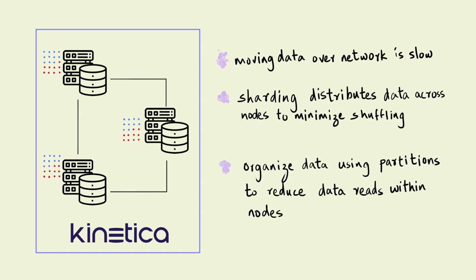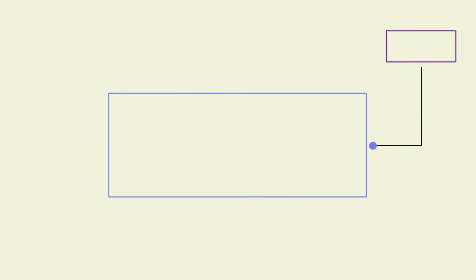The final and perhaps the most important piece in Kinetica's performance puzzle is its integrated analytical suite of tools. While a database can have all the bells and whistles in terms of high performance architecture, all of this goes out of the window the second you need to move your data to an external location to complete your analysis. As we discussed earlier, moving data over the network is the biggest performance bottleneck. Complex analytical tasks often require specialized tools that most traditional solutions do not offer. These solutions often have to rely on a patchwork of external tools to complete these tasks.